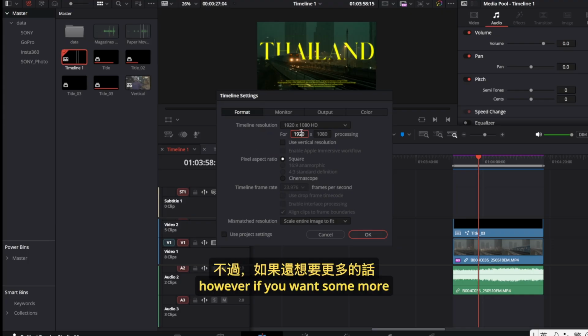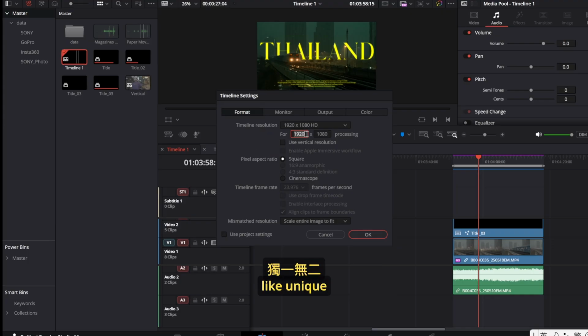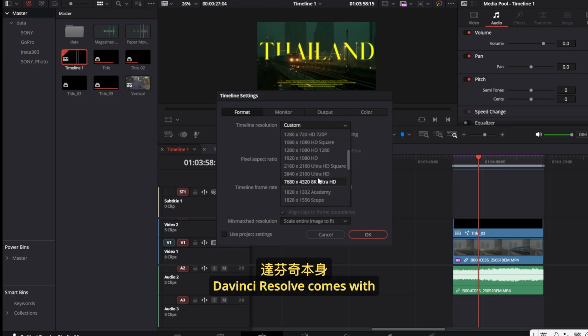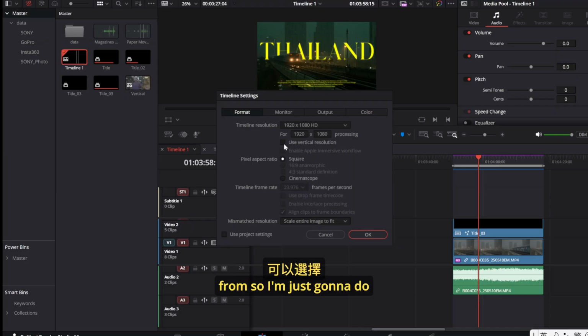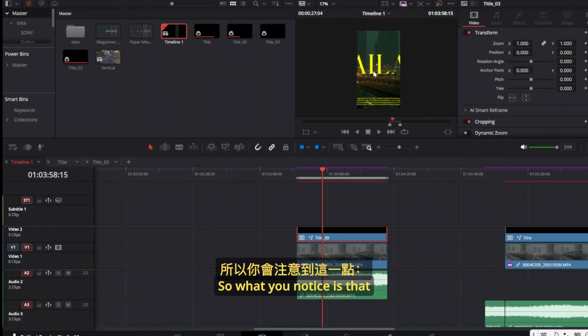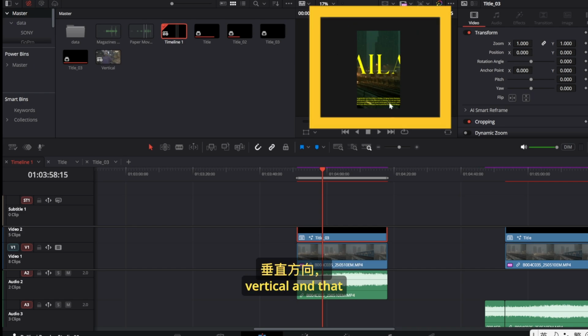However, if you want some more unique resolution, then you can insert it manually. That's okay. DaVinci Resolve comes with these frequently used resolutions for you to pick from. So I'm just going to do this HD and use vertical resolution. Click OK. What you notice is that my timeline resolution has become vertical,